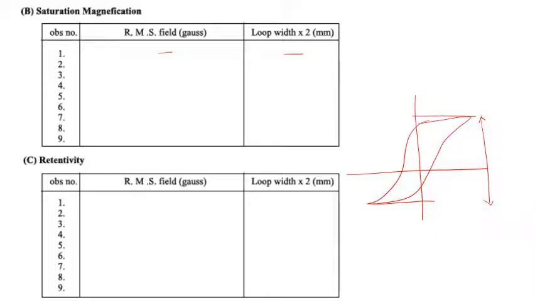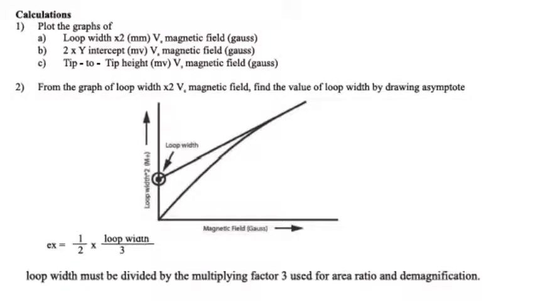In order to find the retentivity, you have to find the distance between these 2 points. Okay, so this is your retentivity. Whatever loop width is there, that you have to put, because retentivity is just the half part. Retentivity is just this part or this part, which is symmetric about it. I have not drawn it symmetric, but it is symmetric. So we are plotting these things 2 times the actual values, and if we finally plot these values, we get the desired values.